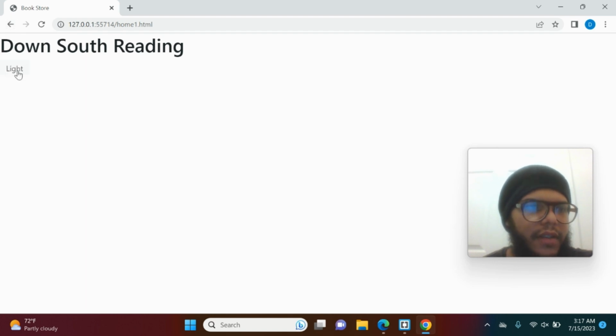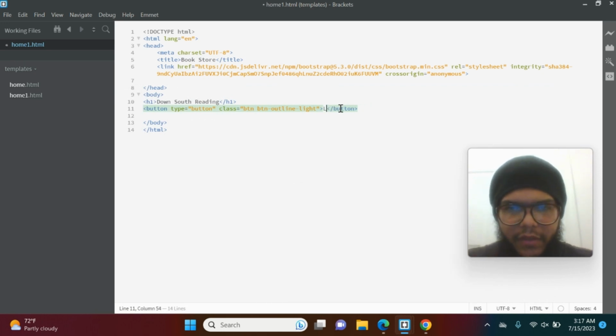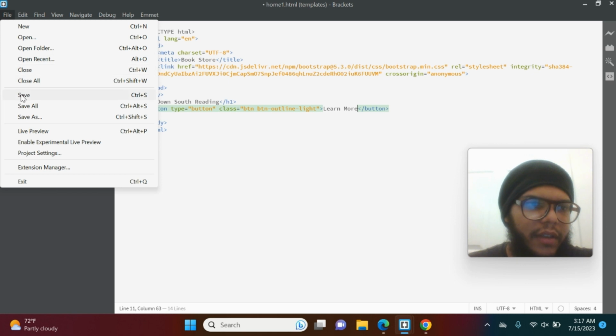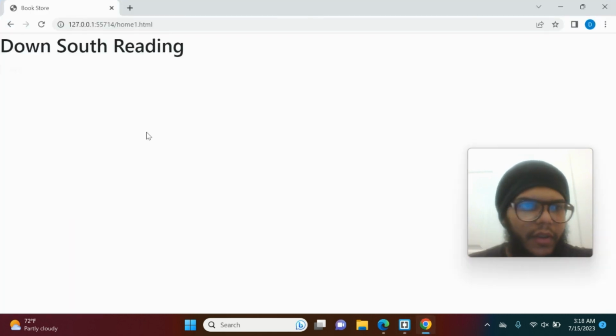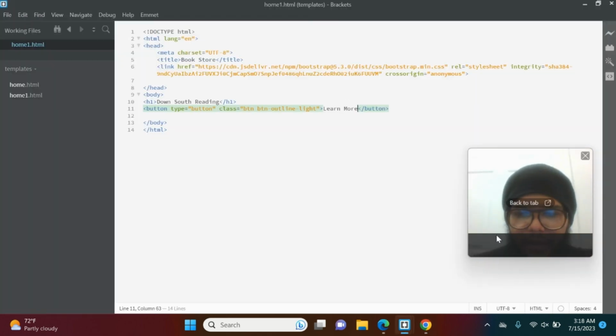You can always change that color. The text, you can say learn more, File, Save, hit the refresh button, and then it updates. Okay, now that we have that set up, let's check